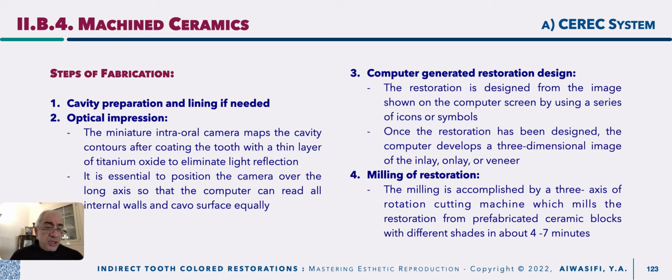Steps of fabrication: cavity preparation, and the lining if needed, but lining at this time does not aim to block out undercuts, because you are using an optical impression that has light transmitted in straight lines and could not bend to record undercuts. But here you are in need of lining in terms of pulp protection rather than blocking out undercuts. Then the optical impression,